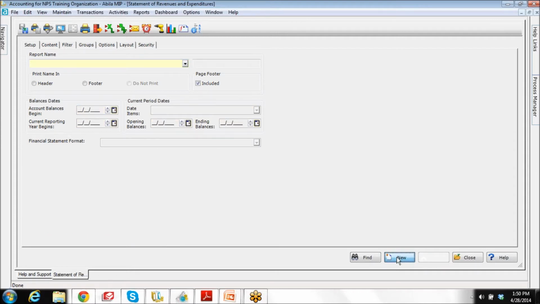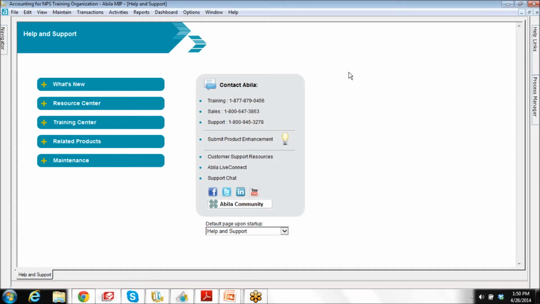For now, I'm not going to save that. We've got all the reports built, so now we're ready to save them where we can get easy access to them. And where we're going to do that is in the process manager over here. That should be